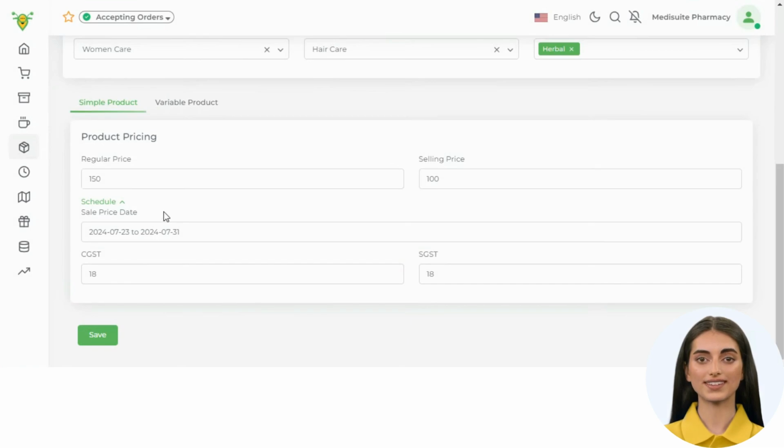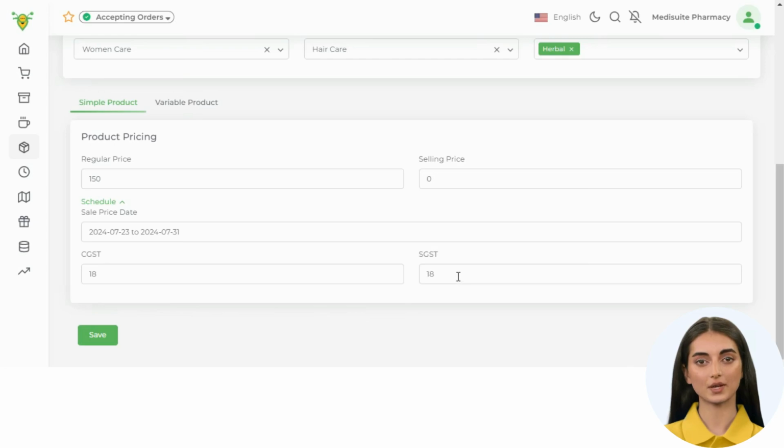After this period ends, the app will revert to simply showing the regular price without any indication of a discount. If you put the selling price as 0, then the price will be shown plainly without any special highlighting.